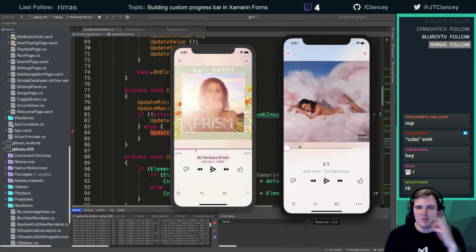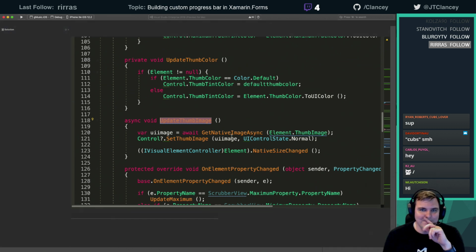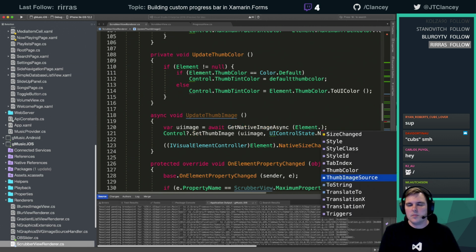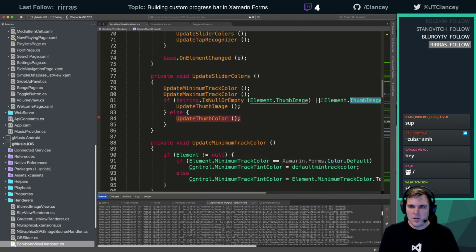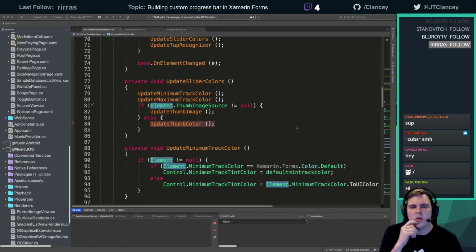Let's hope. Not quite. Just ditch this. All right, that'll fix it for us. I could be using an old out-of-date version of Xamarin.Forms as well as my reference code, but